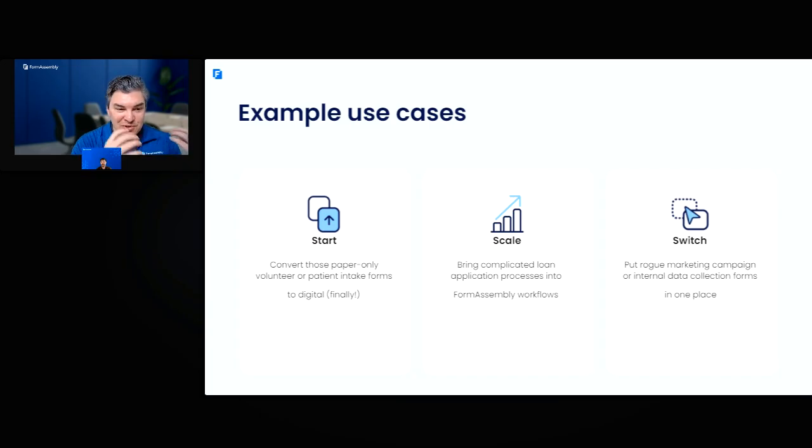Try some of these start, scale, or switch stories for yourself. We'd love to know what you see, what you come up with. And if you run into something, we'd love to hear that too. You might have seen that little beta tag on the feature in there for now. It's because machine learning is very much a part of this. So it's learning, we're learning. We've been making improvements to this throughout the summer, but we're excited to give it a little bit of a spotlight today. Anything else there, Justin, in terms of, again, when you talk to people about some of these,